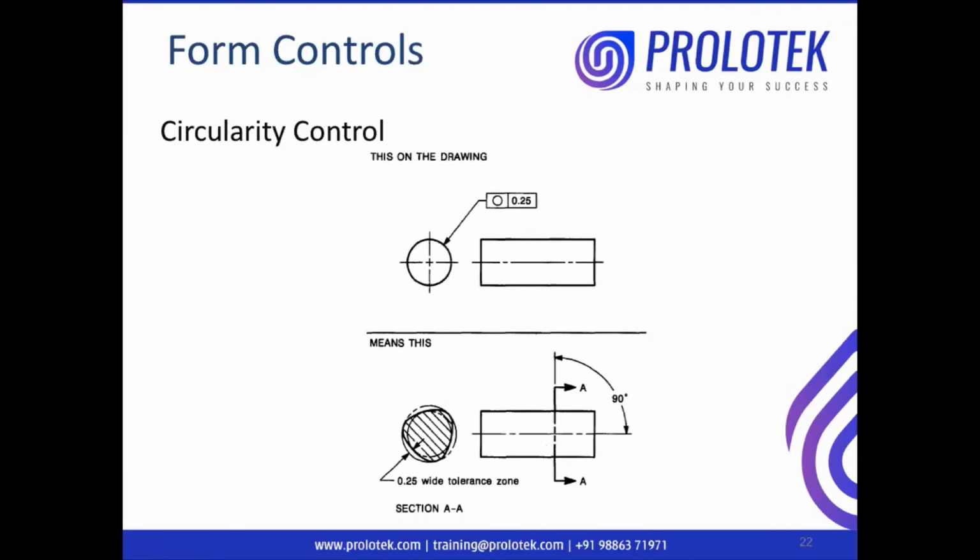The third geometrical characteristic symbol under form control is called circularity. This can be applied only to axisymmetric parts where you have a circular cross section. So if I take a cross section, I get a circular profile. To control that circular profile, maintaining an exact perfect circular shape is not possible, so we have to give some built-in error. That is why we are giving circularity control here, and it should be within 0.25. This circularity is a two-dimensional entity, and the tolerance zone will be two coaxial circles within which the actual surface must lie.